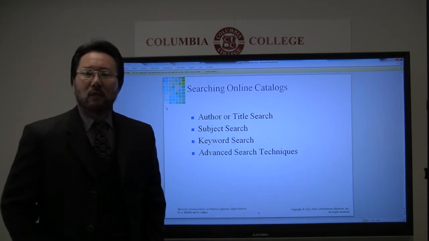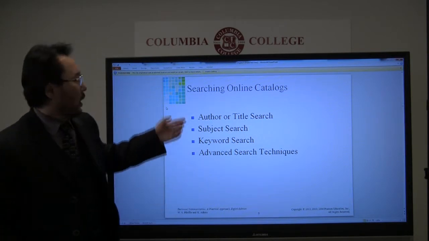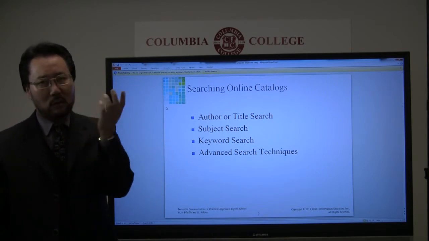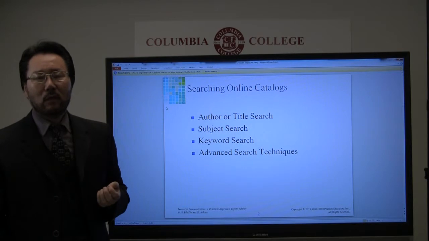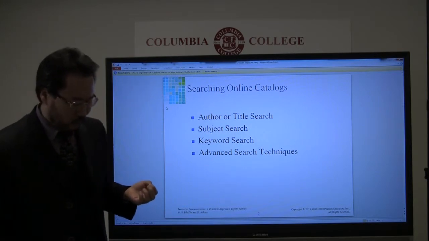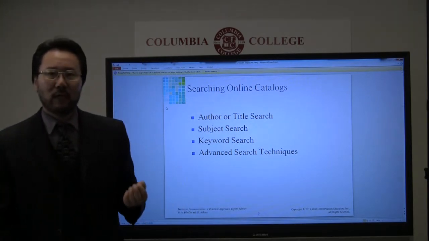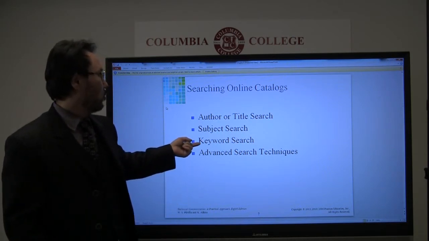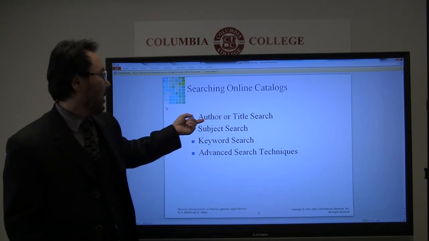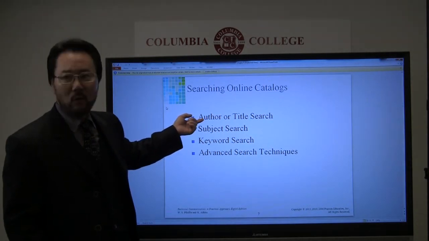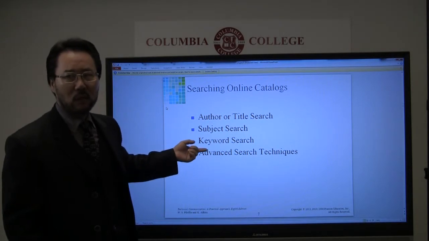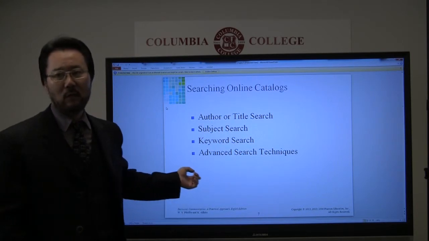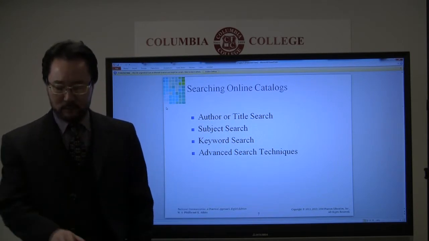Now this is basically a search of an online catalog. Now we're going to go through how to do a more effective search on the web, because, like Google, people normally begin to find information with some keyword. Here, keyword search. You can type in some title, author, subjects, or keywords, and some internet modes also have advanced search techniques as well.